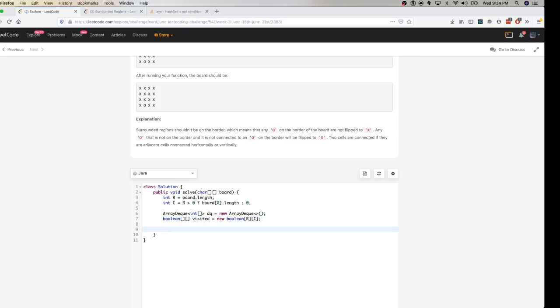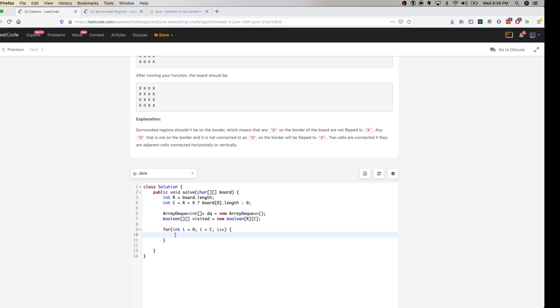Alright, so the first thing which I'm gonna do is get all the O's which are present in the boundaries, like all the O's present in the first row, in the last row, in the first column and the last column. So while iterating through the total number of columns, what I could get is the first row and last row's O's, right?